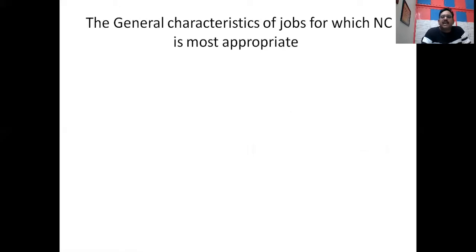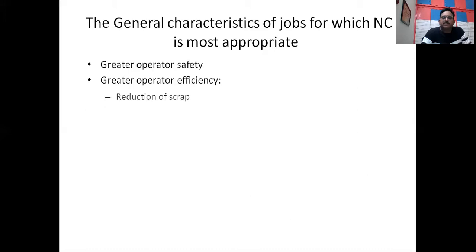Now, general characteristics of jobs for which NC is most appropriate. For which kind of jobs is numerical control most appropriate? Greater operator safety. Operator efficiency: the skill of the operator does not matter, because the machine runs based on the program of instructions. So this will reduce the scrap, and this will reduce the lead time of production, and